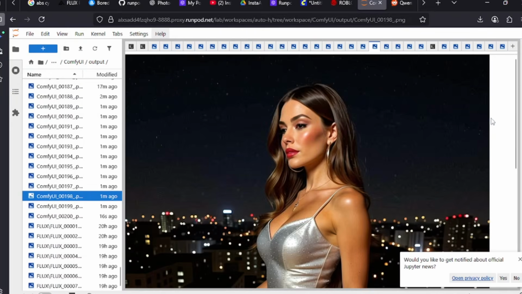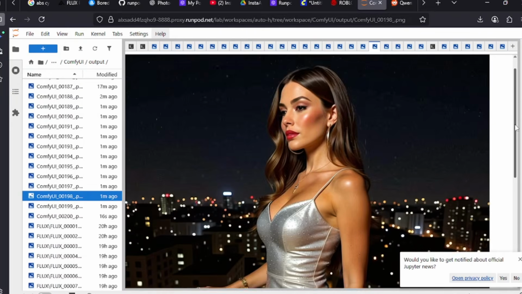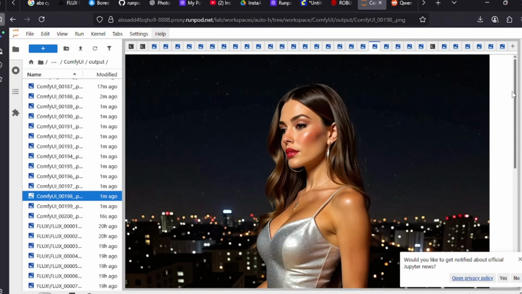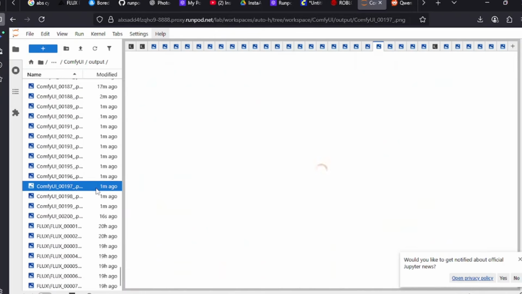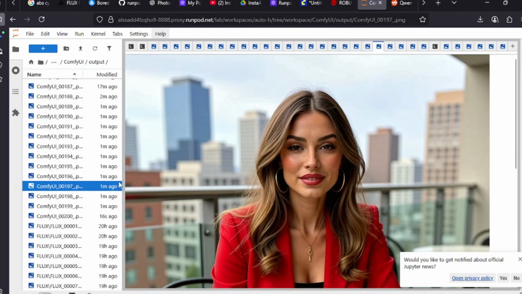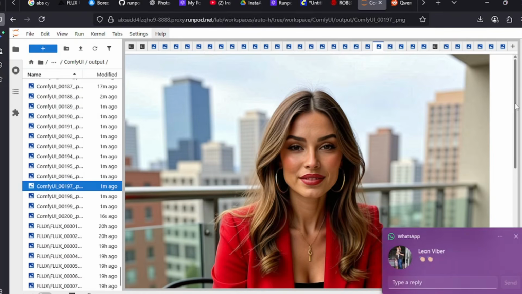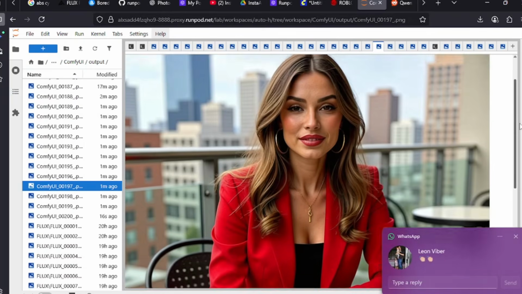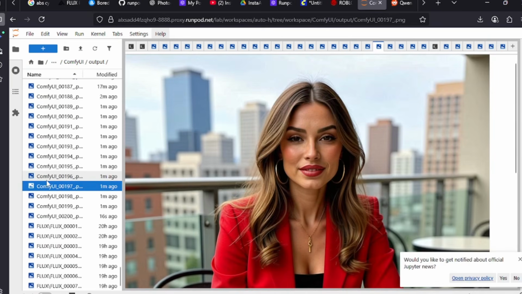And you could get wild with the prompts. You can tell her to do whatever. Hopefully nothing NSFW comes up, although, of course, it's possible. But that's not what we're trying to focus on right now. You know, I love how sometimes it defines her as more of a professional. I love how it does that with her.